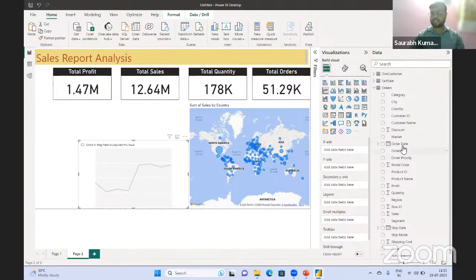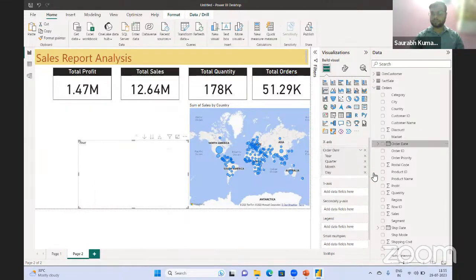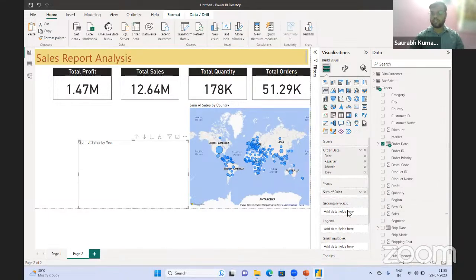In the x-axis, we can keep the order date. In y-axis, I can keep the sales amount. And we have one thing as secondary y-axis. In that, we can keep another numeric field if we want to display two different lines. And the secondary axis we will use if the values of the primary axis, meaning the column that we have used in the y-axis, and the column that we want to use next